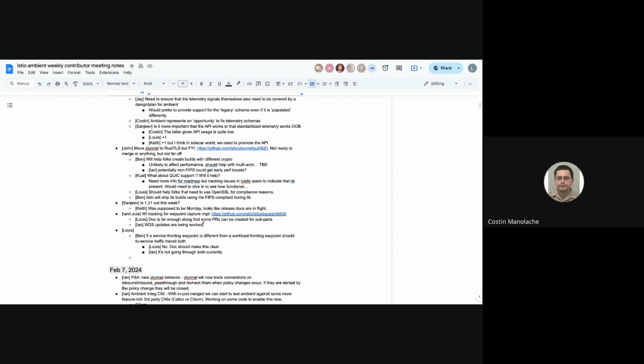It's a bit more complicated because policies attached to a backend, that's clear. There is no concern here. I think we discussed you can represent workloads as a backend type, and any policy attached to a backend is fine. Now, if you attach a policy to a route, it gets a bit more complicated because in the gateway model, you